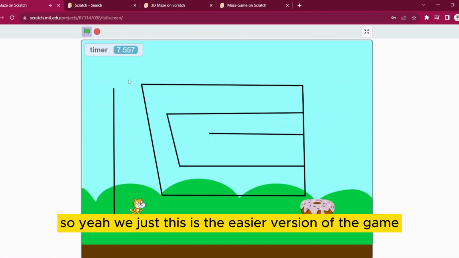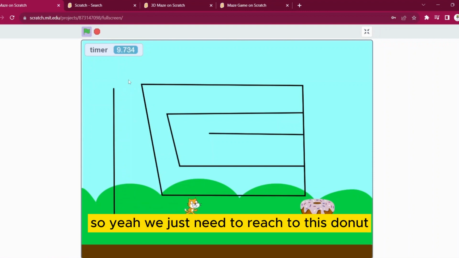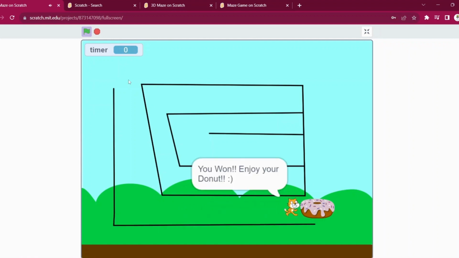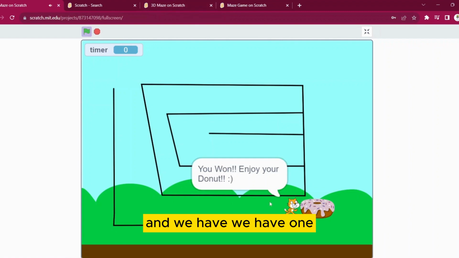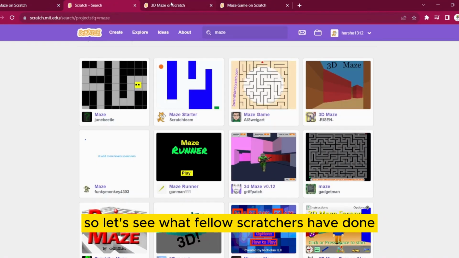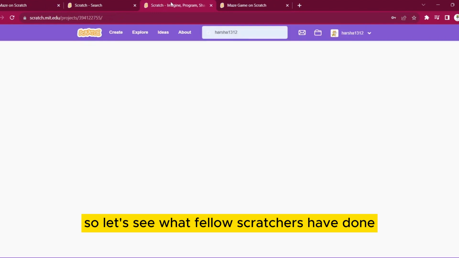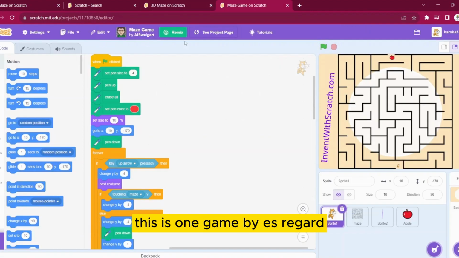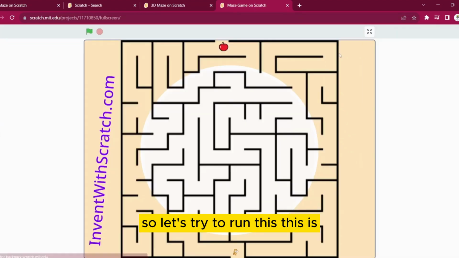So here this is the easier version of the game. So here we just need to reach till this donut. And we have won. So let's see what fellow scratchers have done. This is one game by AI Swigard. So let's try to run this. This is